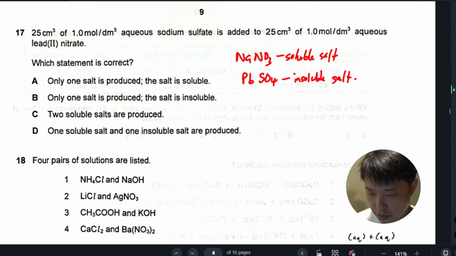Alright, so for question 17, you have sodium sulfate and also lead nitrate mixed together. So what is the salt that is produced? I've written them down. Sodium nitrate, which is soluble, lead sulfate, which is insoluble. So one soluble, one insoluble. Our answer here is